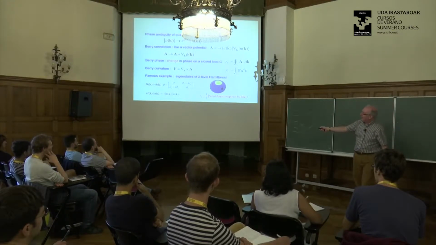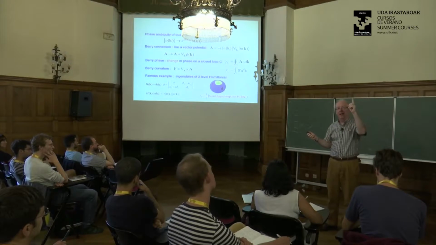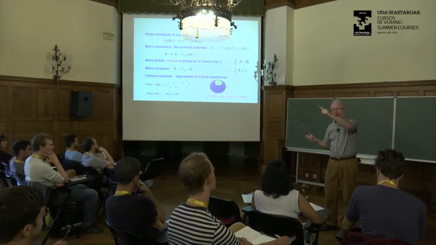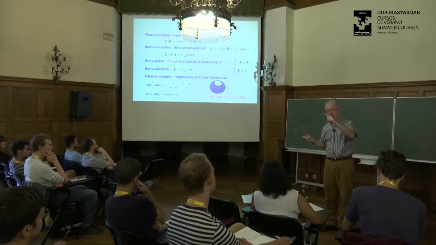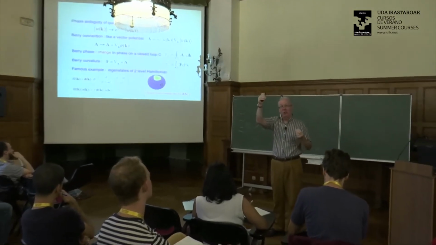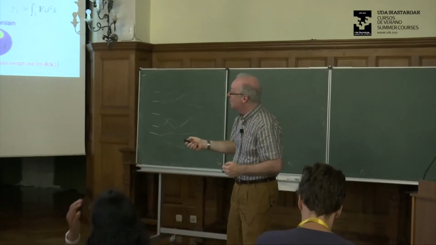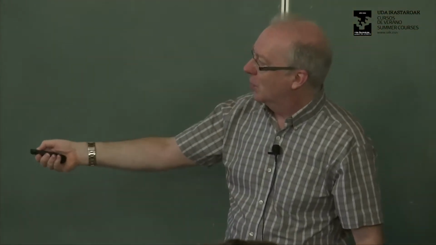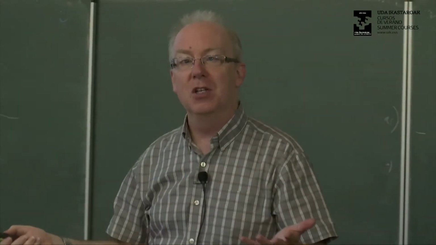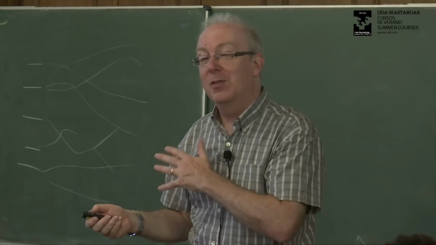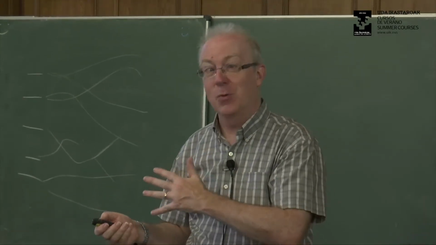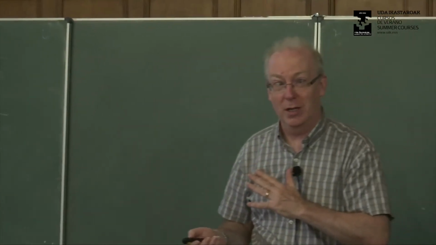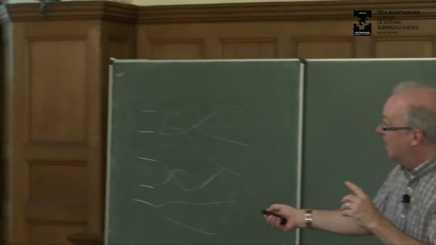And so I can think of it just like a spin in a magnetic field. The only thing I have to think about is the magnitude of the magnetic field. Of course, that doesn't change the eigenvectors. It's the direction of the magnetic field that chooses the eigenvectors. So this is a two-level system, and Berry's famous result, which is worth deriving for yourself if you've never seen it before. Everybody has to go through that at least once. So if you haven't, this is a good problem to work out, which is the Berry phase.